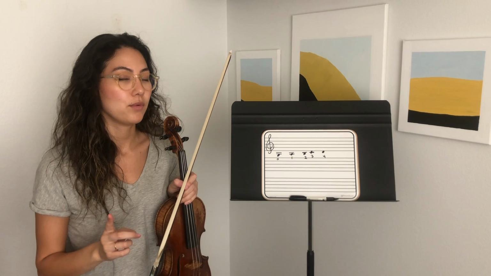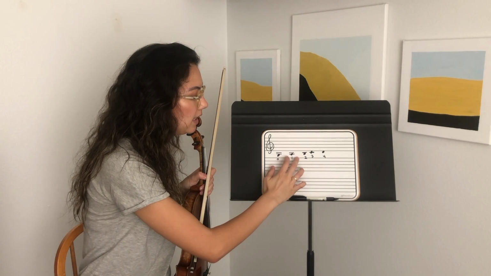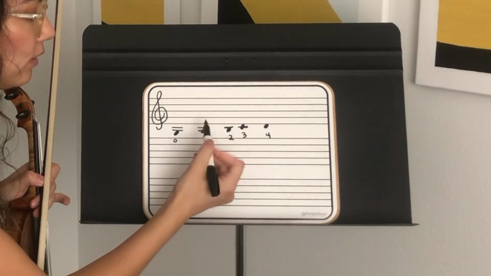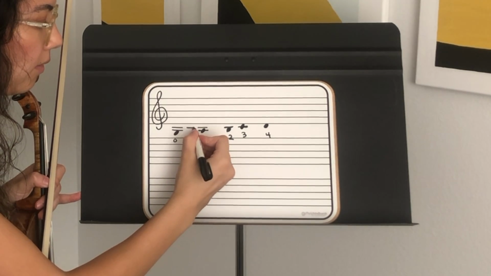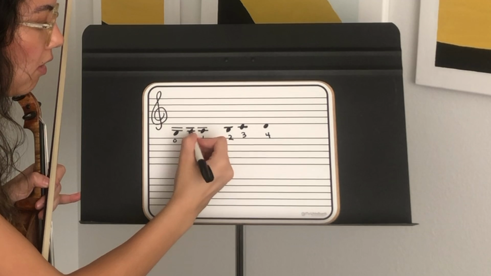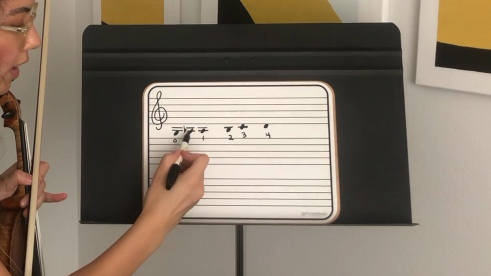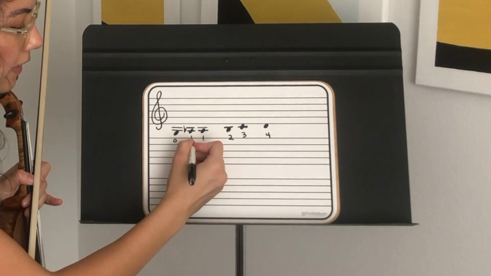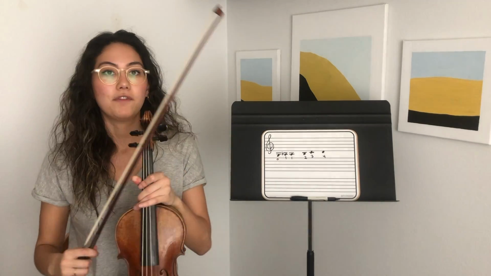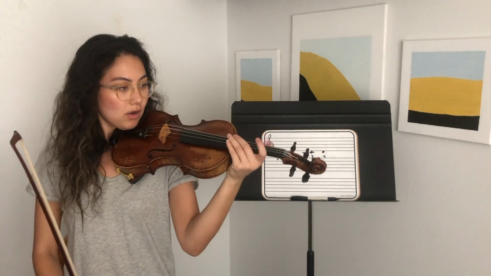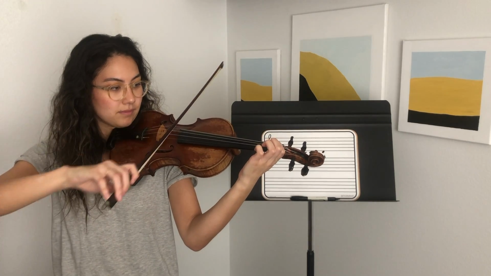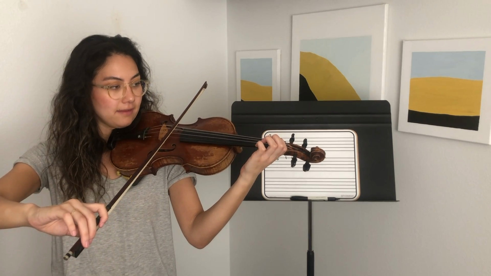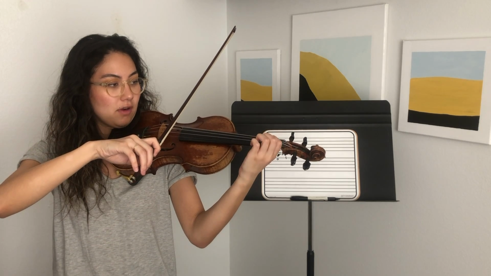Those are the most commonly found notes on the G string, but there are a few more common ones that I want to go over really quickly. So in between these whole steps, there are also notes. So you can play a low first finger right next to the nut, and that would be called a flat. So it will look exactly like that, but I put a little flat sign there to make the note flat. And we also play that with our first finger. So a low first finger, which is right next to the nut, that's A flat. So we have G, A flat, then you pull your finger up to play A,